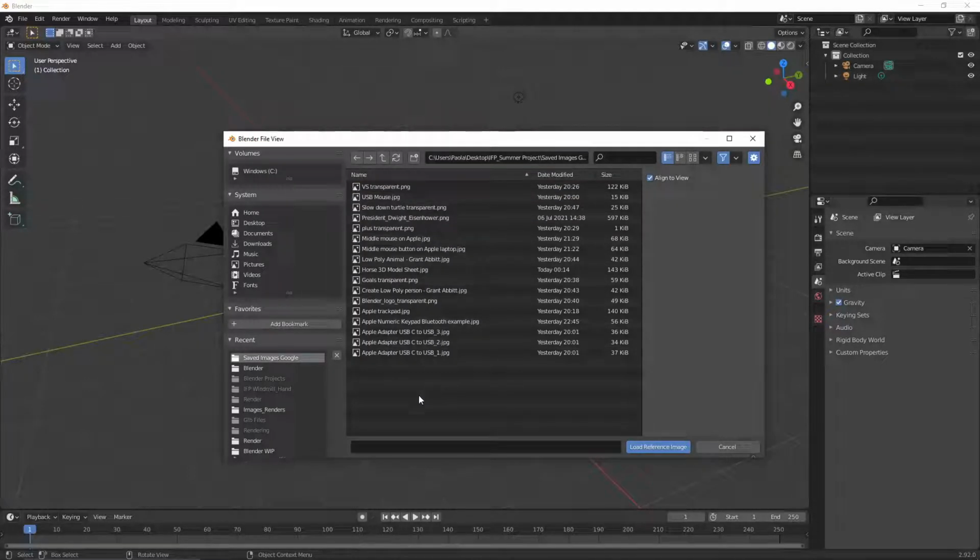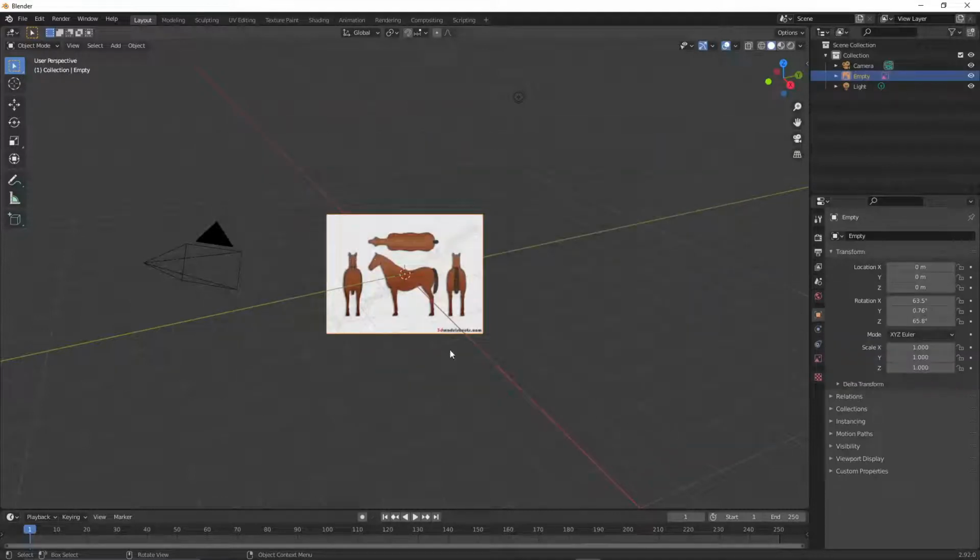Okay, so if you have a folder set up in your desktop already, if not, make sure that you create a new folder and make it in your desktop. So I provided a horse 3D model sheet in the slideshow. So just a little warning, I'm using a Windows laptop. If you're using Apple, in the slideshow I provided